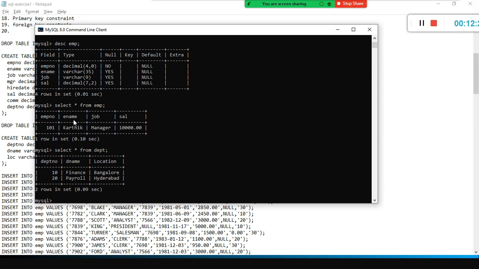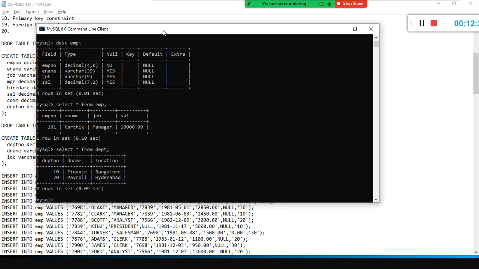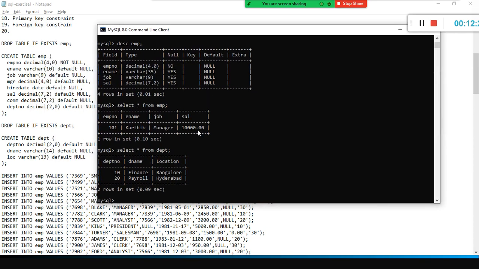I need to include one more column here. So here I need to include hire date also, right? I need to include hire date also. How can you add it and insert the data in that column also, and then can you share the report?" In that case, obviously you should be knowing the SQL commands, right? That is the reason why I started with SQL commands.